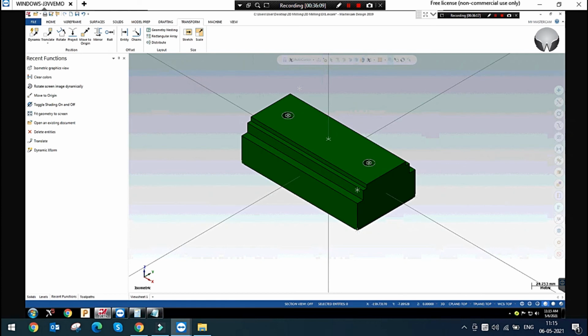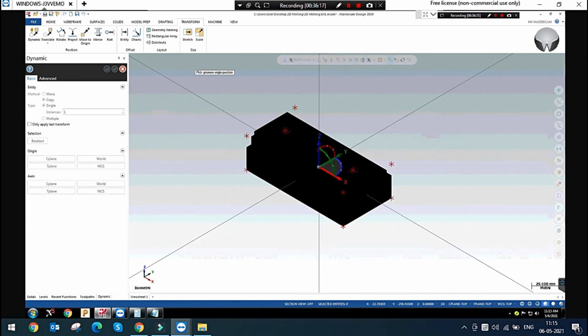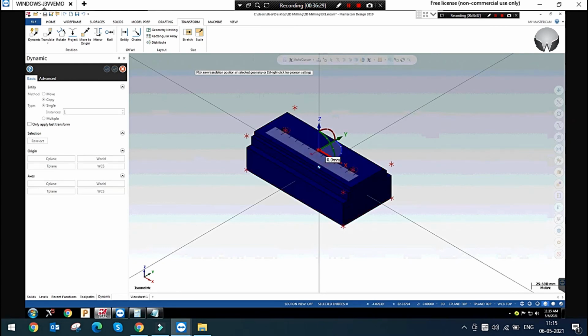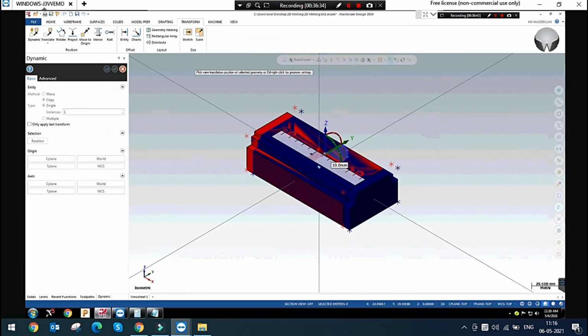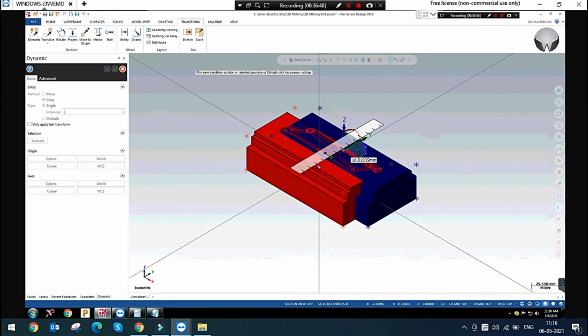Okay. So next we have to see the dynamic transform. It is a useful option to define this. I'm just selecting this. In this case, you have to select the origin. Just I am selecting this point. You can simply select transform x-axis, y-axis, z-axis from this point. From this point, I want 20 mm from x-axis. Simply enter. If I want 30 mm from y-axis, you can simply select and drag that and give 30 mm.